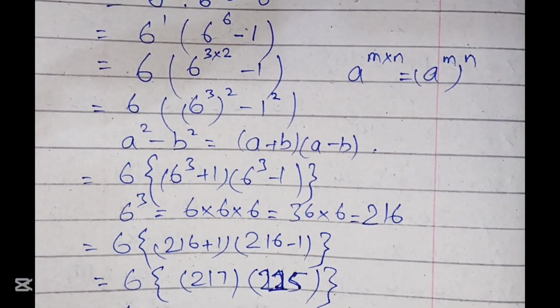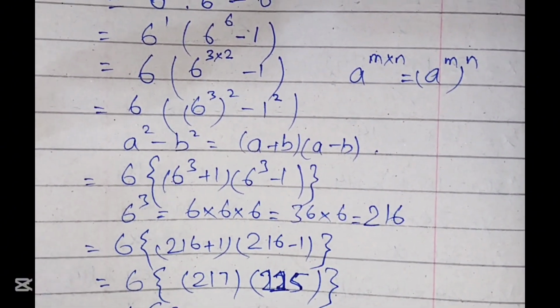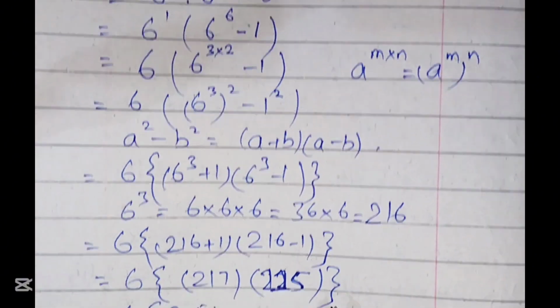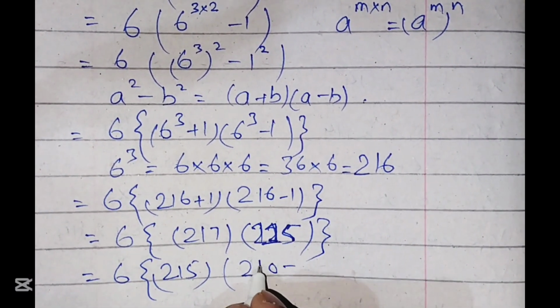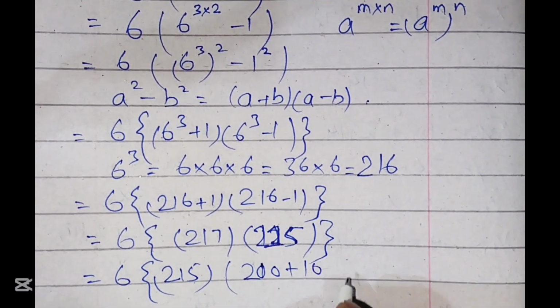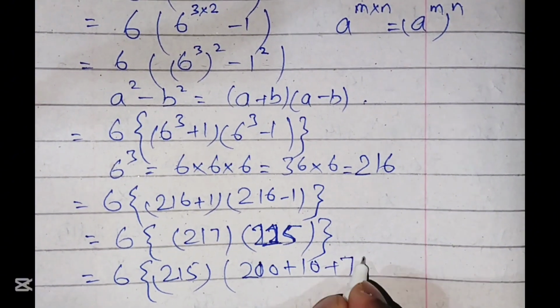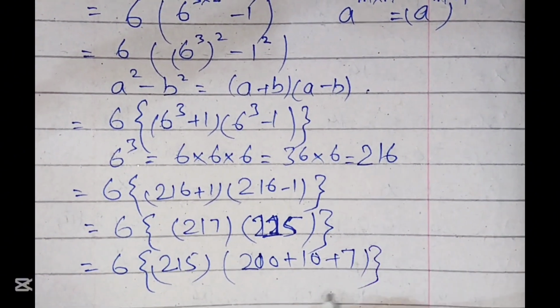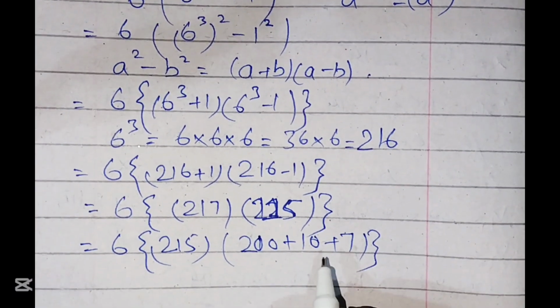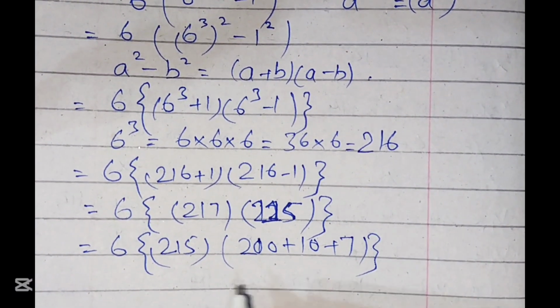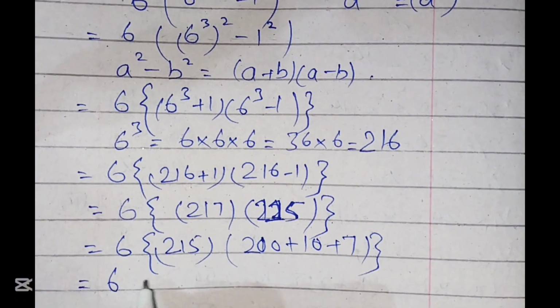Now we write this 215 times 217. 217 can be written as 200 plus 10 plus 7. Is it okay? We have written 217 as 200 plus 10 plus 7 for our easiness, because we are not using a calculator. So 6 times